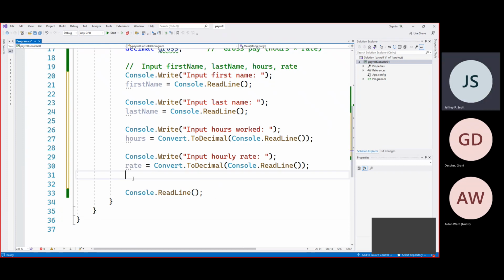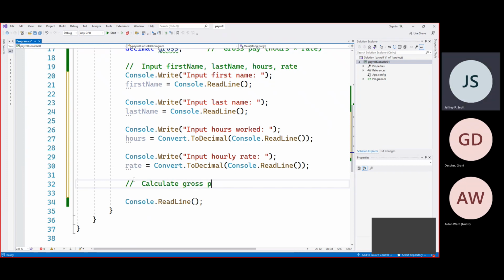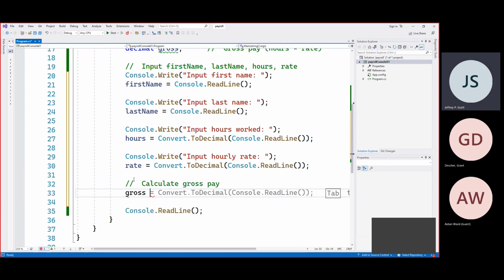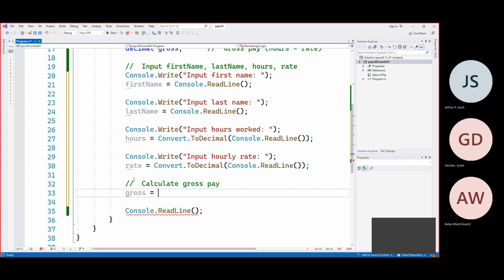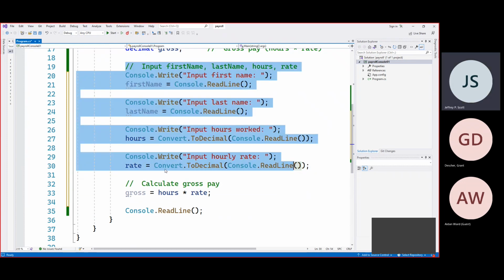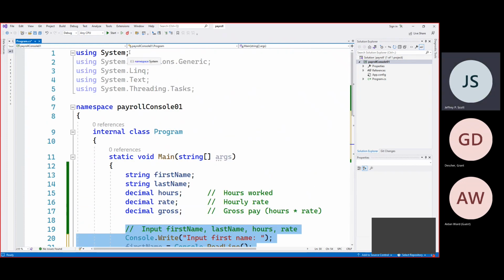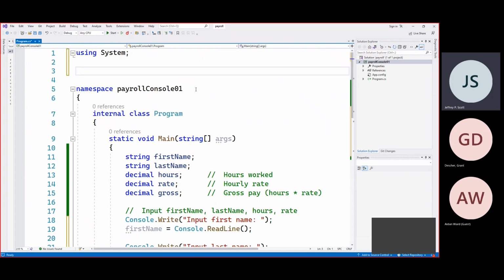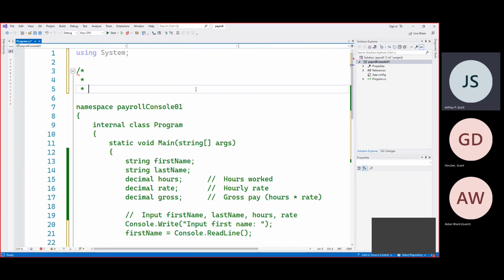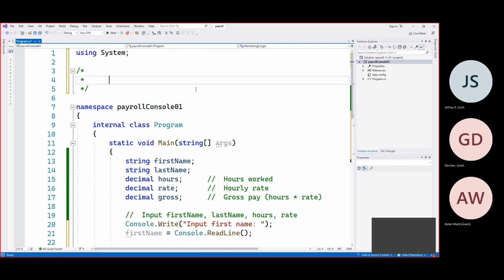All right, so what's left to do? What's left to do is to calculate gross pay, and that is just gross equals hours times rate. That's it. So I've got my inputs right here. Maybe I'm beating this to death a little bit, but you saw me do this before. I've got my inputs, my processing,